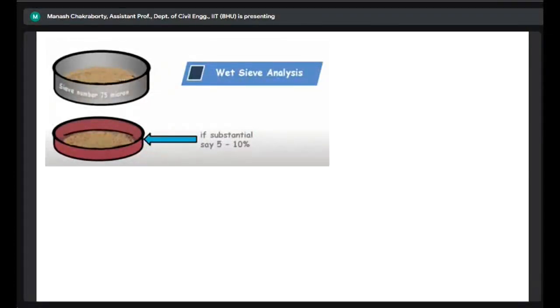Now, in the first slide, I was talking not only about the dry sieve analysis, I was also talking about wet sieve analysis. First of all, is the wet sieve analysis required? The answer is yes, it's required if 5 to 10% or more than 10% of particles actually pass through the 75 micron sieve, right? So you can take a call